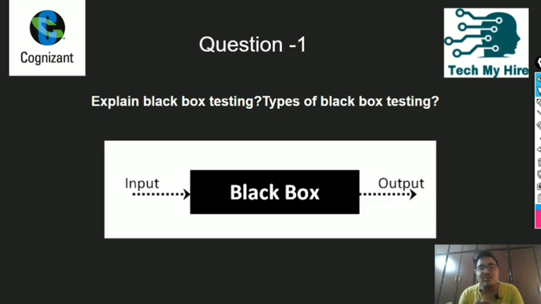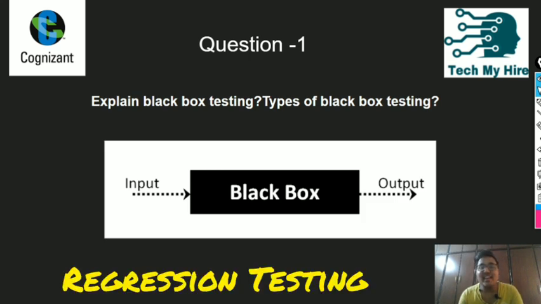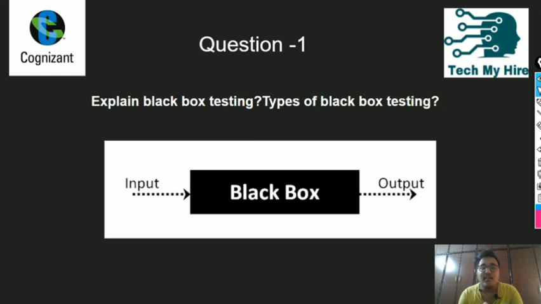The third type of black box testing is regression testing, where we talk about enhancements. After all the bug fixes from functional testing and non-functional testing, if I want to add an enhancement while our product is in the maintenance stage, and I want to add some new features, the new code we are adding should not affect the old or existing code. This can be tested using regression testing. So these are the 3 types of black box testing we had.